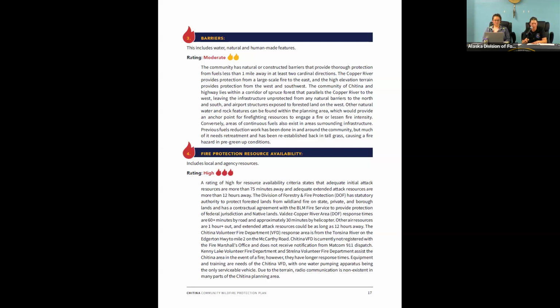There's water features and there's rock features that can be found, which can provide an anchor point or access for firefighters and firefighting resources to engage a fire, and they may serve to lessen fire intensity, but utilizing those, it's hit or miss depending on the location of the fire, and they don't necessarily protect the identified values at risk within the infrastructure. Additionally,